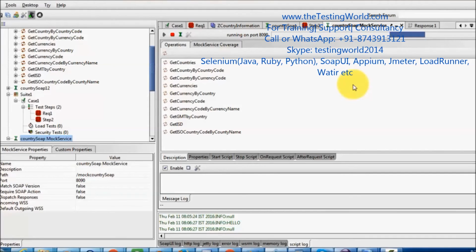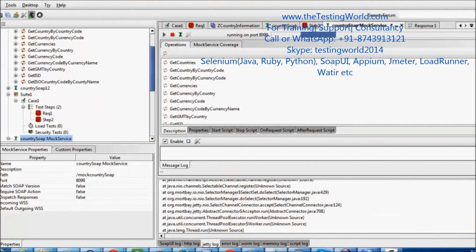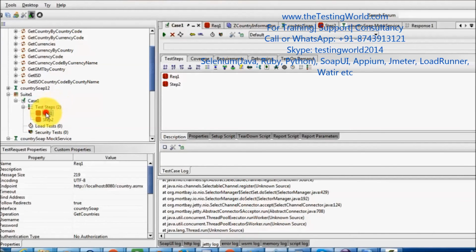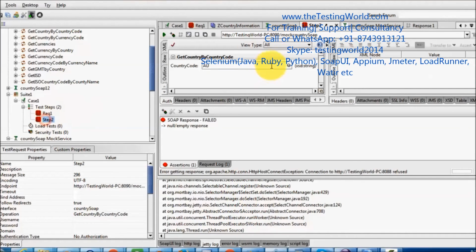As we know, SoapUI used Jetty server to deploy this mock service. If you want to see the Jetty logs, we can come over here, and whatever the issues or exceptions you are going to get, you will get it over here if you get any. I'm going to my test case. My first test case is, again, I'm going to use this URL. So copy this URL,